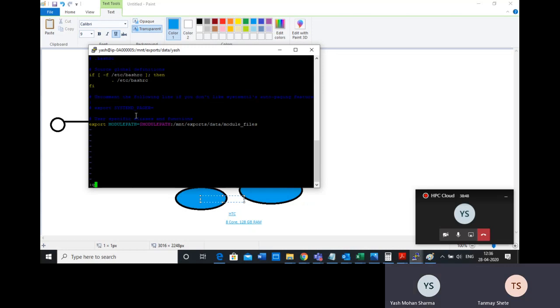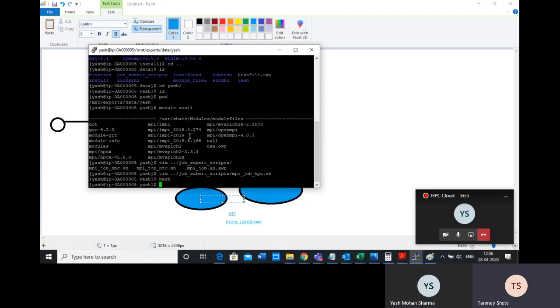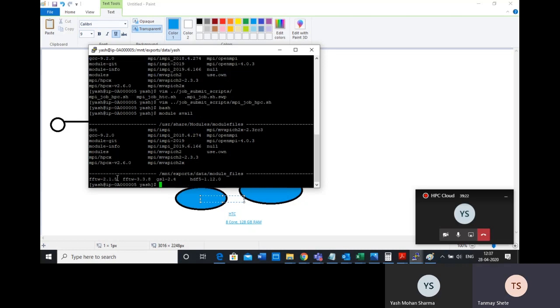You actually have to run this command after you log in to see these modules. But what I did is I configured your bash configuration file itself to include this. So whenever you log in next time, you will not need to worry about this. For example, suppose I log in again and give this module avail command, then can you see more modules here? Yes, this new line, and these are the new modules that are available.